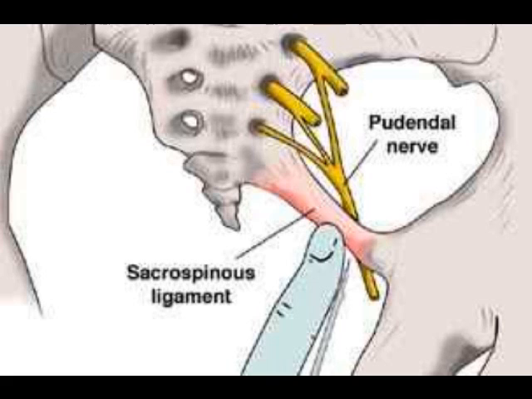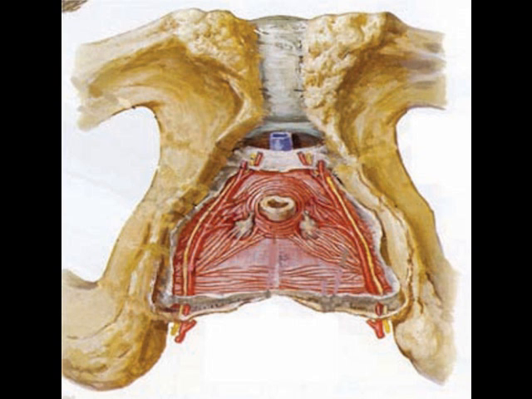S2, S3, and S4 come out and form together the pudendal nerve. And you can see how it kind of curves right underneath the sacrospinous ligament there. Okay, this is a good, important picture for any of those who feel like they have a dorsal branch of